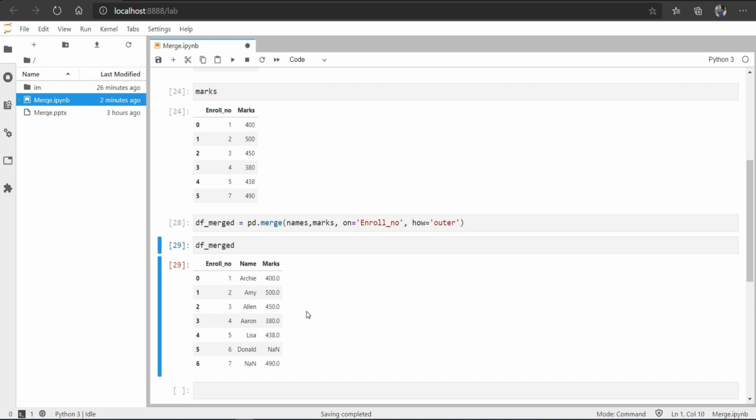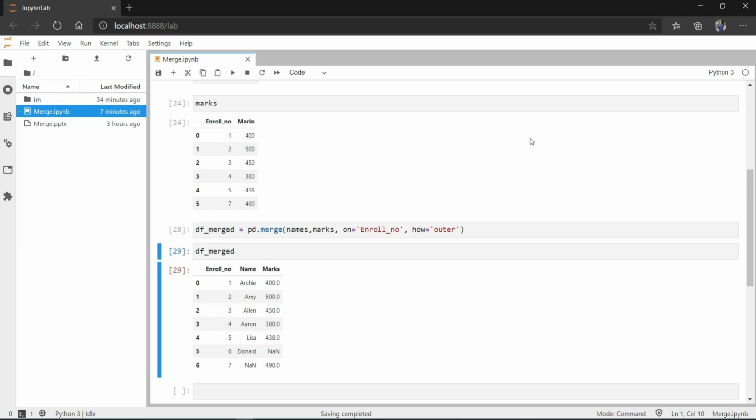So you see this is how the merge functionality helps us a lot where we have data scattered, because when you go about the analytics field, collecting the data is not always in your hand. You get data from various sources, in different formats and different destinations, and then you will have to combine them and analyze that. So it is my belief that this video would be helpful for you in understanding the functionality of pandas merge.